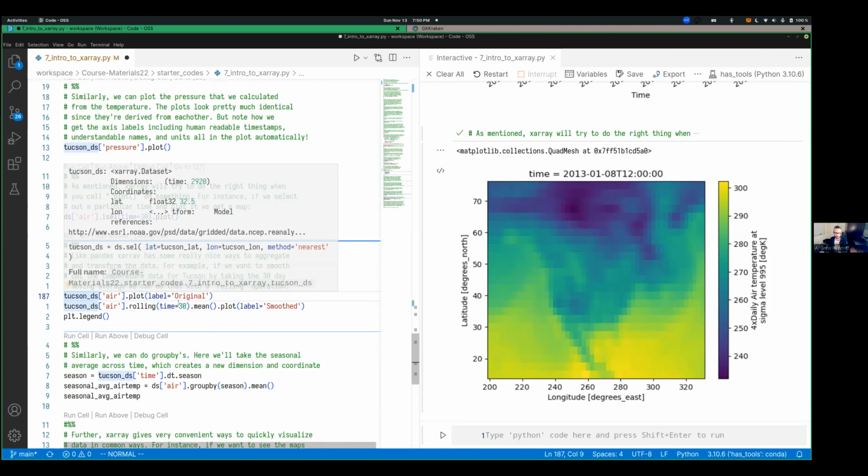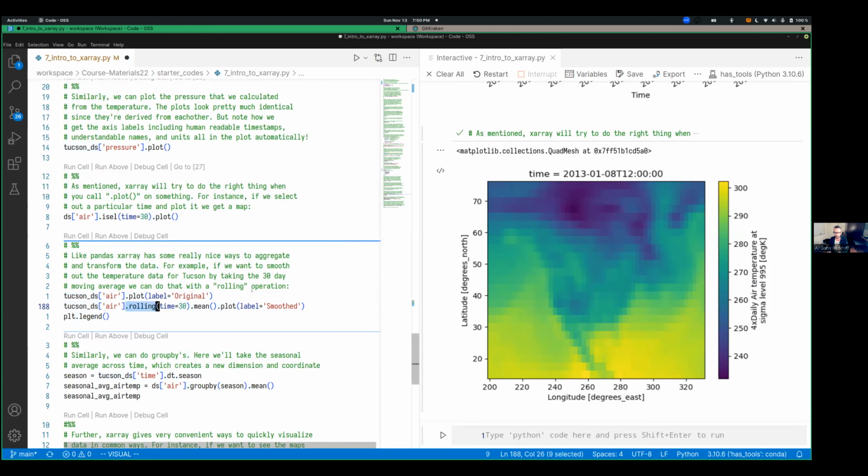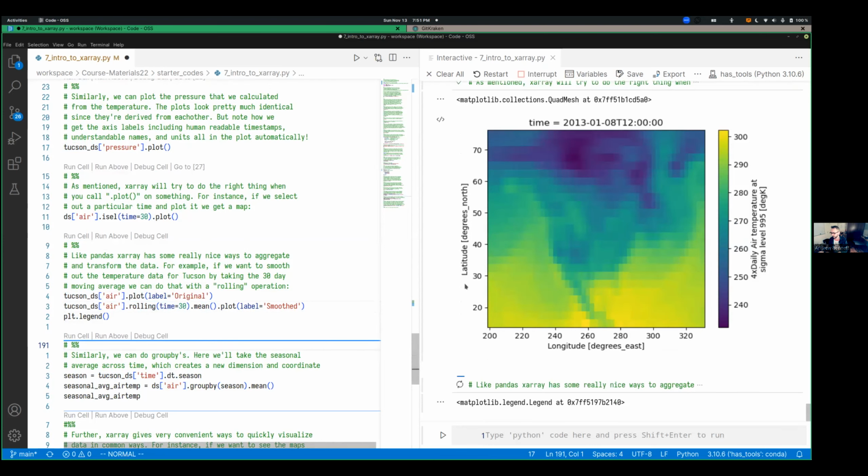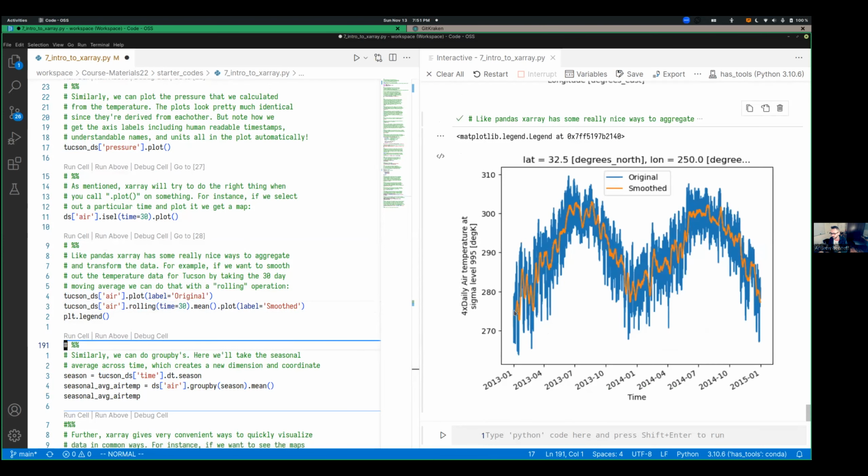So I'll plot the original one, and then I'll also take that 30-day rolling average. We're taking a 30-day window around any point in time, calculating its average, and then we'll plot that as smooth. So there we go. You can see now, a little bit less noisy, the actual pattern of that